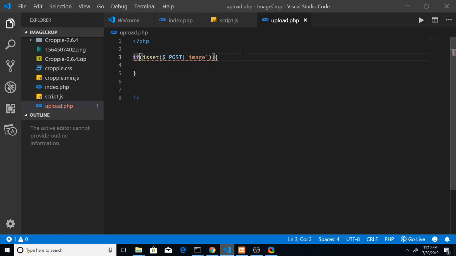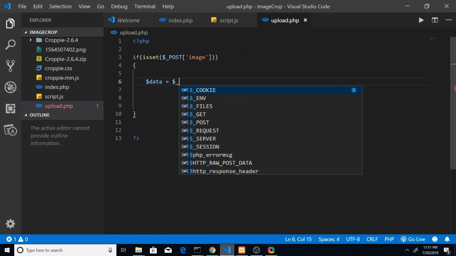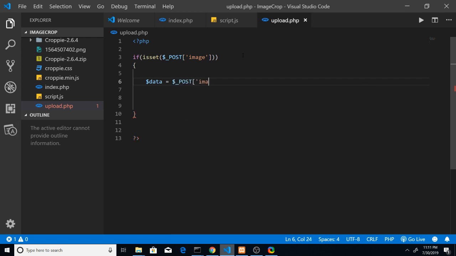So the if isset function, so this expects a square bracket. So now the first step that we want is we want to get the image path. So I can just get it by using post image,